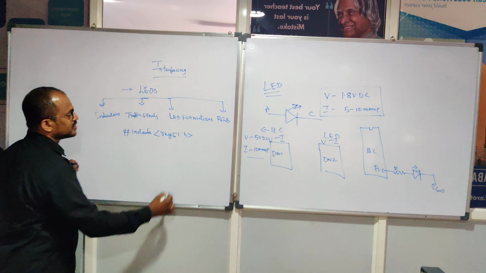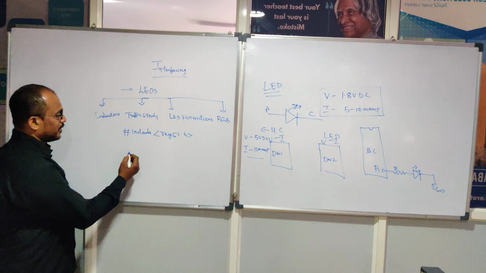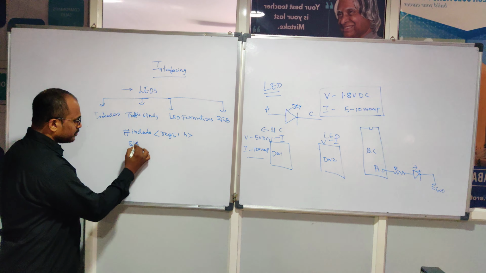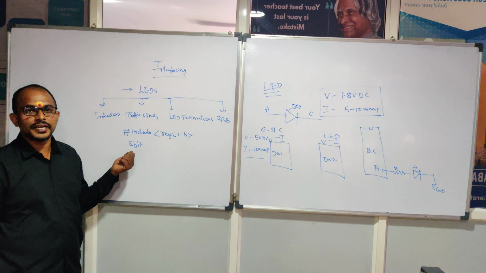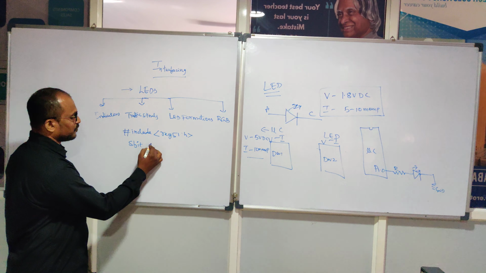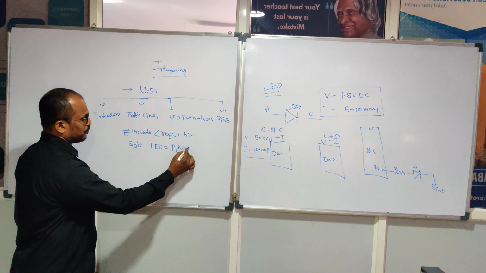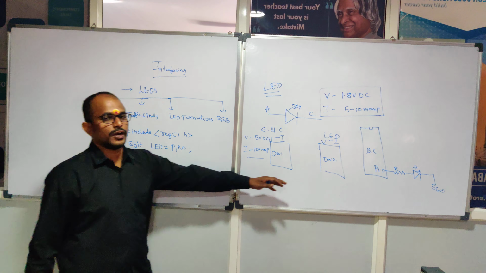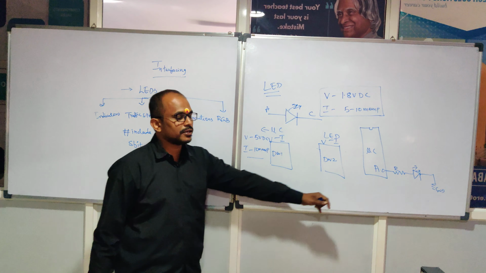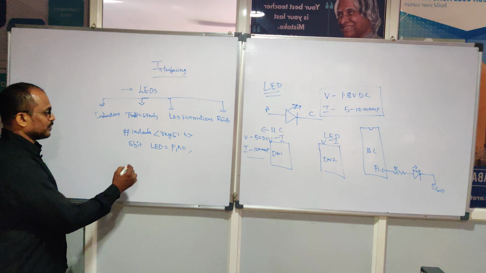I am writing an embedded C program, which is #include reg51.h, and I am using the sbit special data type in embedded C to declare one IO pin with a user-defined name. So LED equals P1.0. Wherever you connected your LED with the microcontroller, you need to declare the respective pin in the program, and then